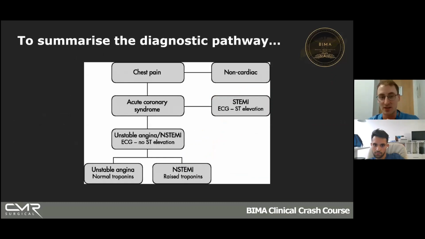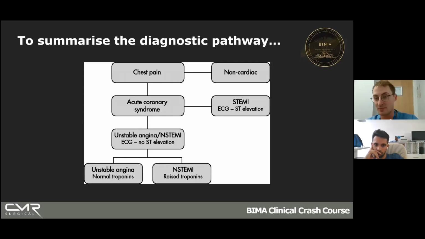So that was a bit of a whirlwind of everything. This is it simple, which is kind of how I like stuff. It's nice and easy. So you've got someone with chest pain, sounds ischemic. You do an ECG, and they've got ST elevation. There you go, they've got a STEMI. Off you go. You do an ECG, they've got no ST elevation. They've got some ischemic sounding chest pain, some T-wave inversion, some ST depression. Could be an unstable angina or could be an NSTEMI.